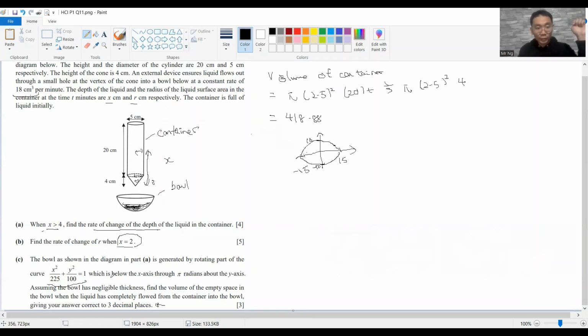Now after that, they say below the x-axis. Okay, so this part doesn't have it. Okay, so the question is, how do we form the equation for this? The equation comes from x squared plus y squared over 100, and we make y the subject. So making y the subject,